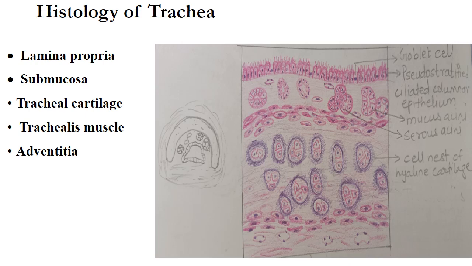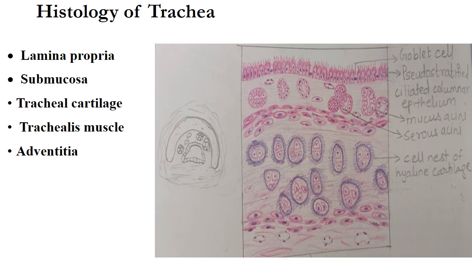It shows diffuse lymphocytes, and some lymphatic follicles are also present. These form BALT, that is bronchus associated lymphatic tissue, present in the lamina propria. The lamina propria also has numerous elastic fibers, especially at the junction of lamina propria and submucosa. So they form an elastic membrane, and this membrane is visible with a special stain known as Orcein stain.